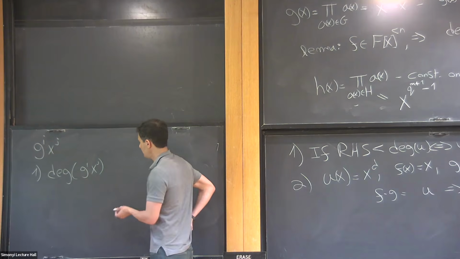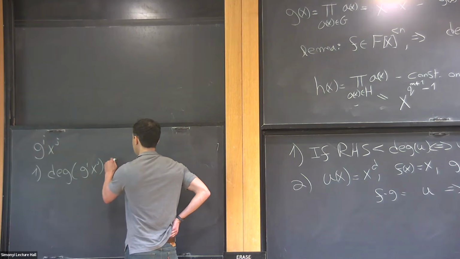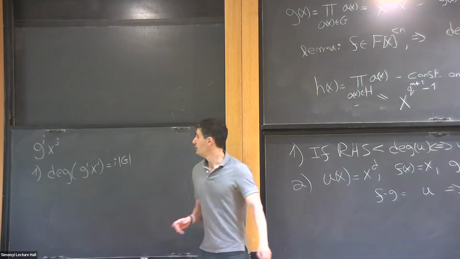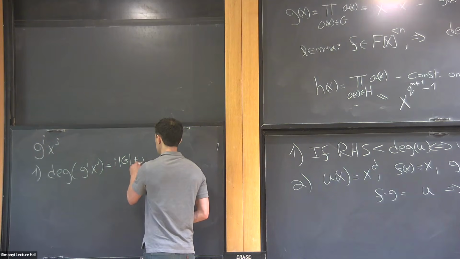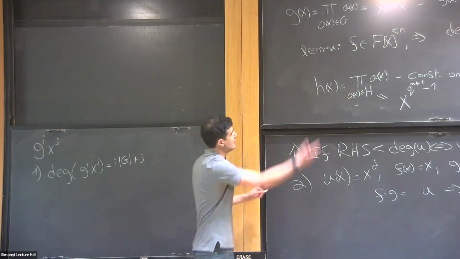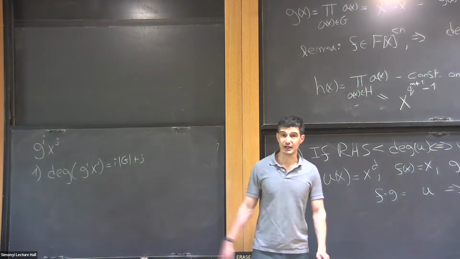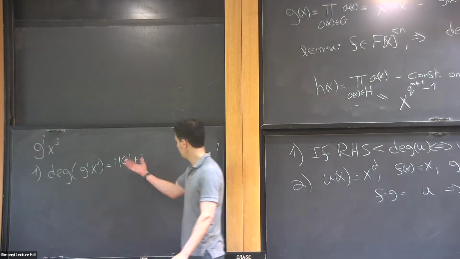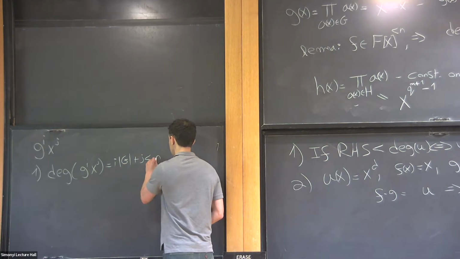What is the degree? This is i times the size of g plus j. And the size of g, I know it's x to the q to the n, whatever it is. So we want this to be less than